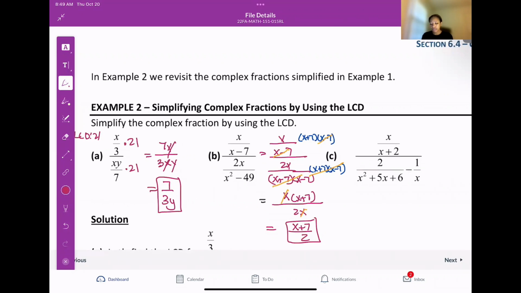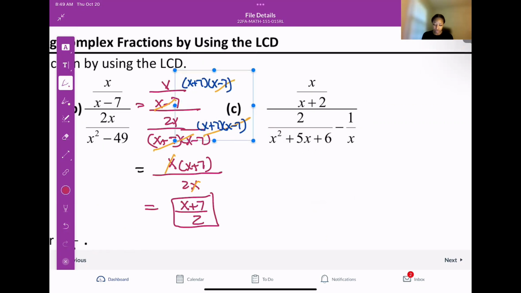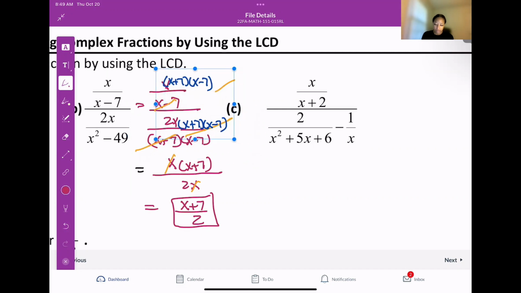But for something like this, remember when we solved this the last time, we had to take that denominator, subtract the denominator first, and then rewrite it. So there are a lot of steps involved. If we use the LCD method here, once we multiply by the LCD,